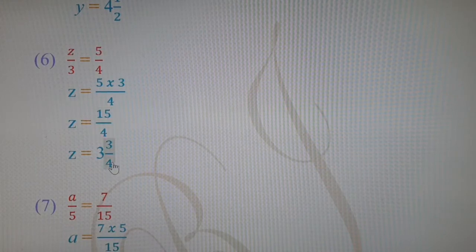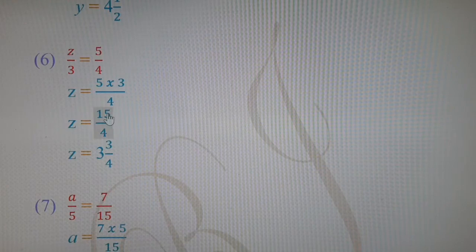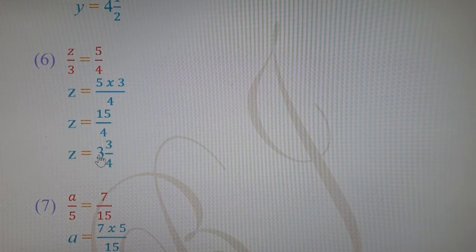4 1s are 4, 4 2s are 8, 4 3s are 12, 4 4s are 16. 4 4s are 16 is a bigger number. So we will take 4 3s are 12. So 4 is multiplied with 3, we get 12. So we are using the multiply rule. 4 3s are 12, and after 12 we have to count. After 12 we count 13, 14, 15. That means 3 is the carry or 3 is the remainder.